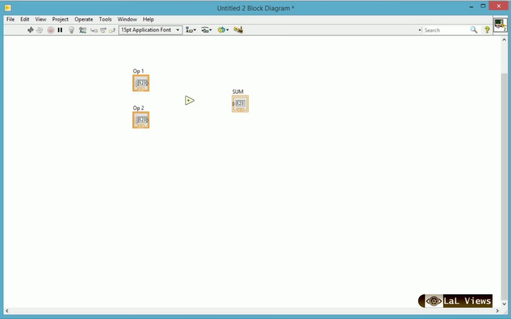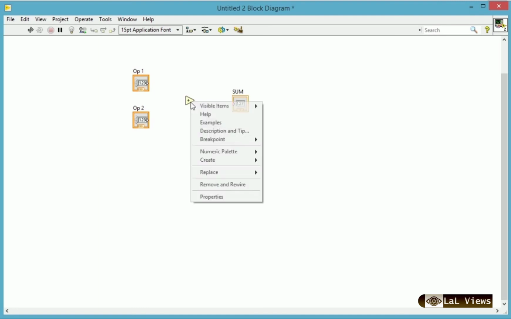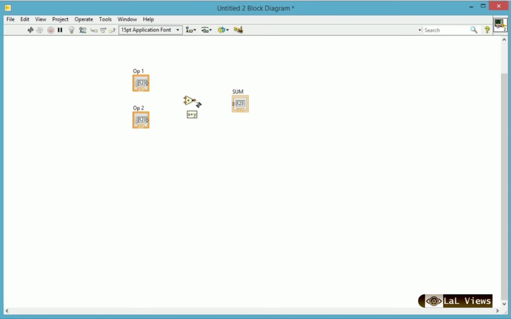Okay. Now the add function has 2 inputs and 1 output. See, when you place the mouse on the add function, you can see 3 terminals. 2 terminals are inputs and 1 terminal is the output.